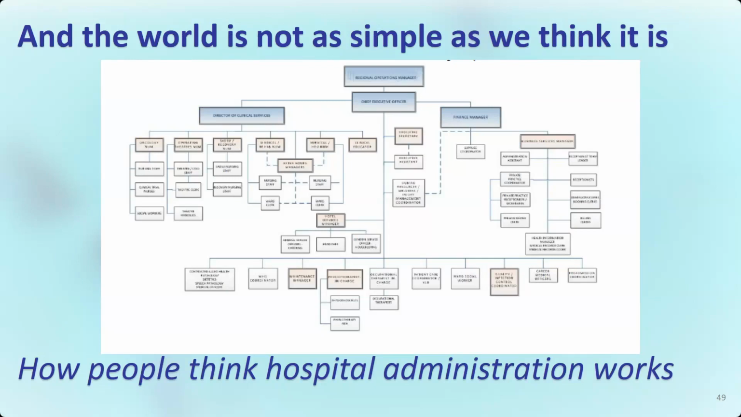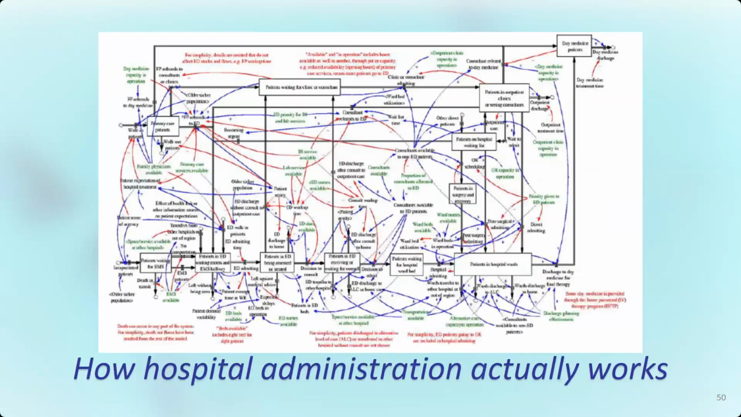An org chart. The world's full of org charts, and it says this is how the world works. Now, what org charts do is they tell us how governance and authority is supposed to happen. But this is the reality, and you may or may not laugh at it, but this is a representation of